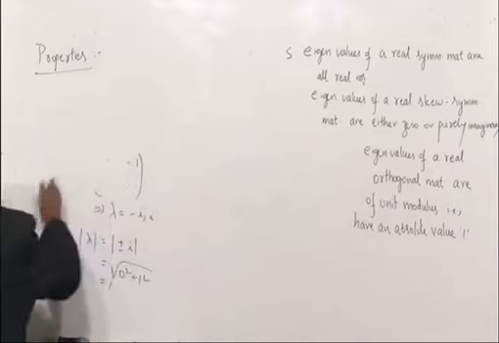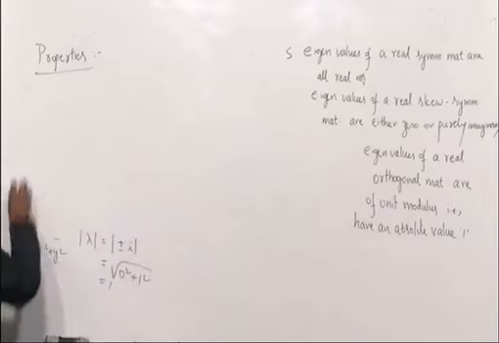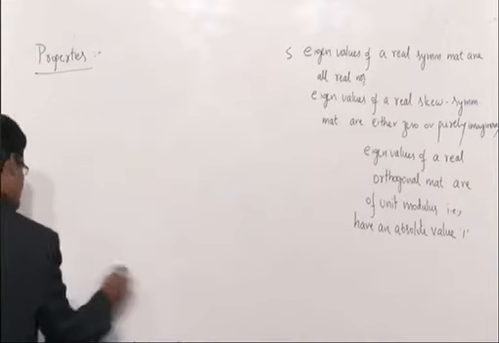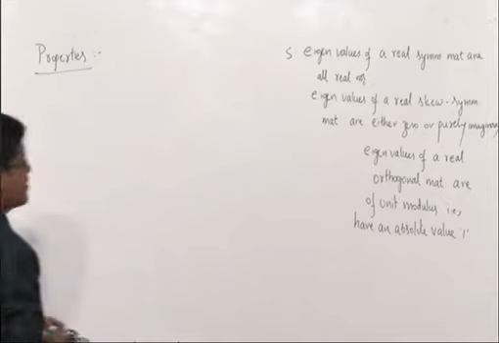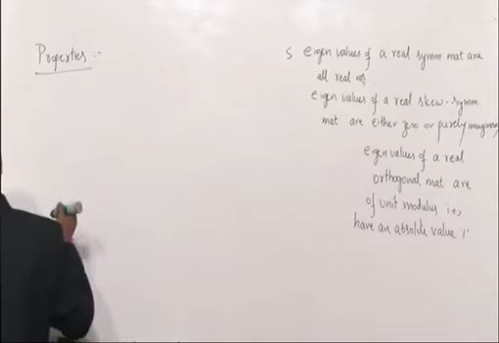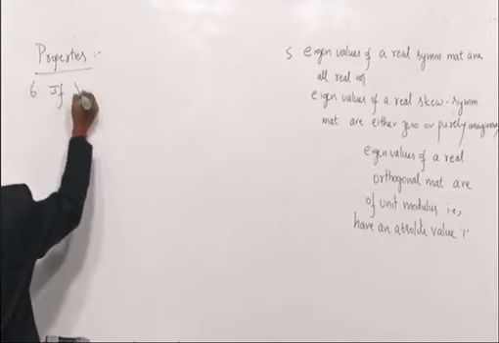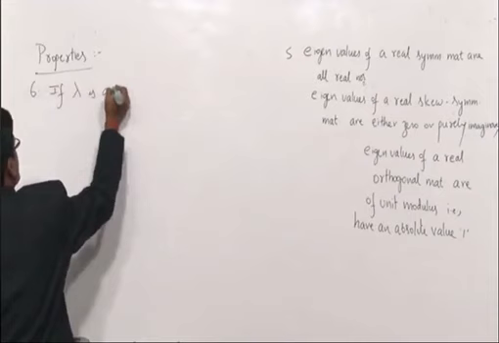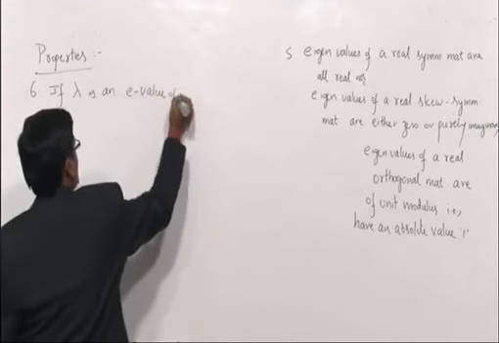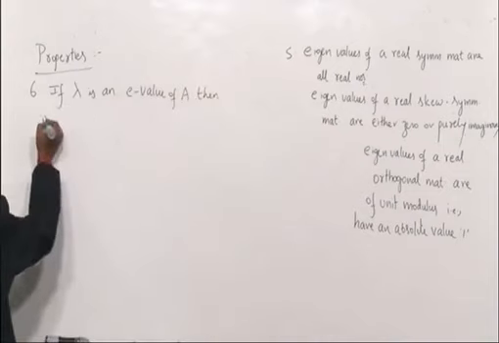So the second problem of today's class is eigenvalues, eigenvectors of both real skew symmetric and real orthogonal matrix. Okay. Now the next one, the very important one is, if lambda, very important, is an E value of A, then first one,